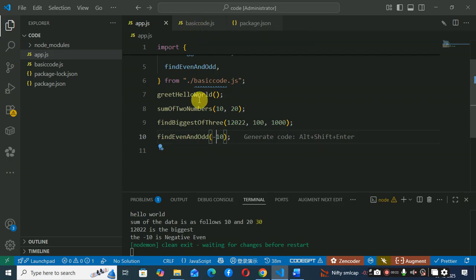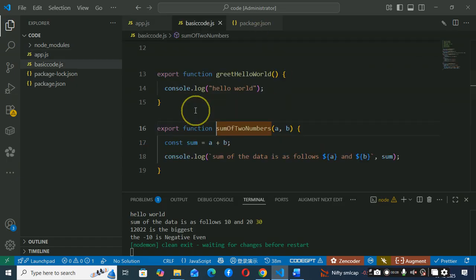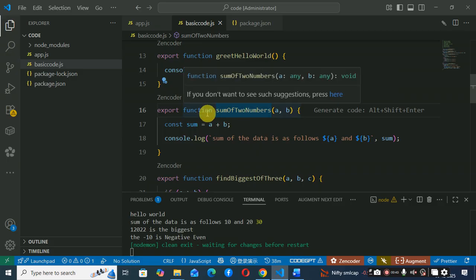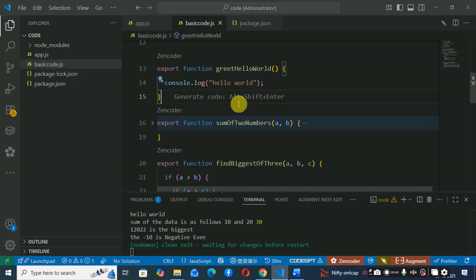It is a very easy code, which is like if we pass in a function 10 and 20, it should basically add two numbers and print it. So in this function, we created a function sumTwoNumber and gave it two parameters. This is how we can write a parameterized function in JavaScript. Export is for exporting this function. Function is the keyword for declaring this as a function, and then two parameters